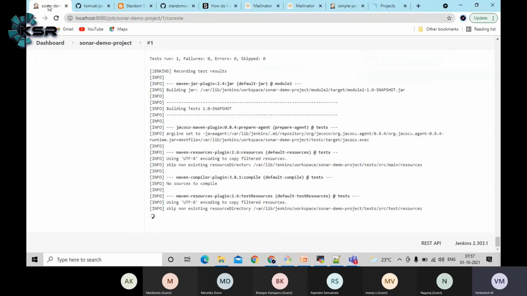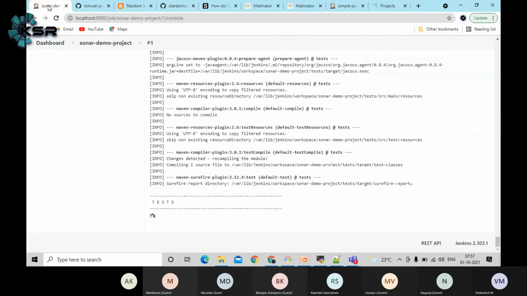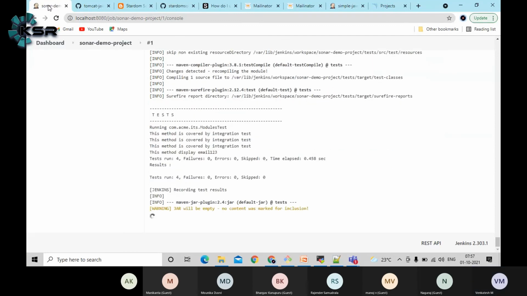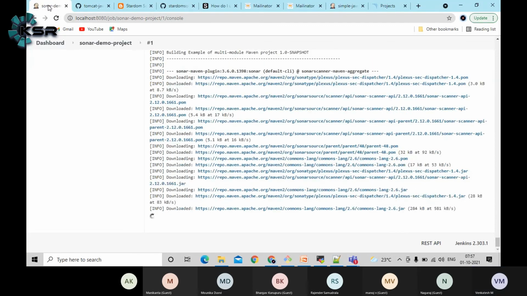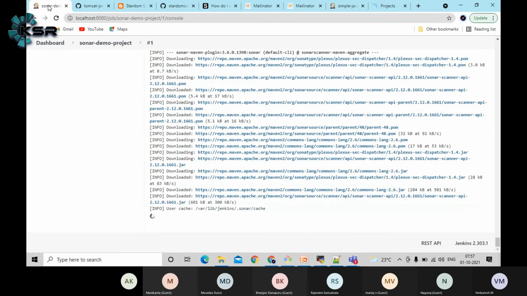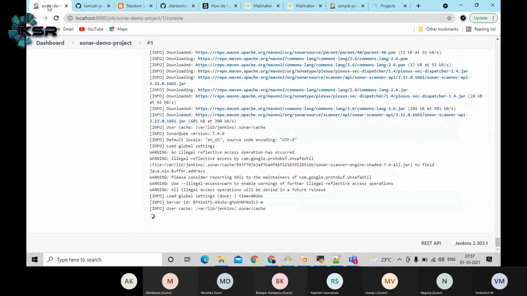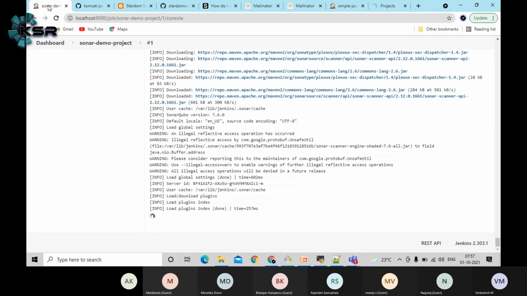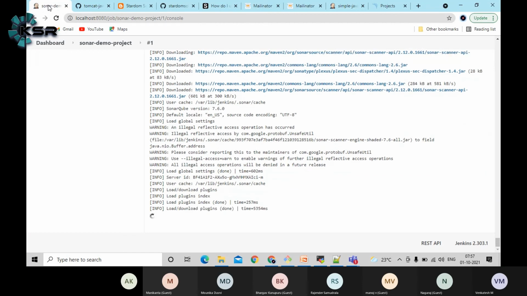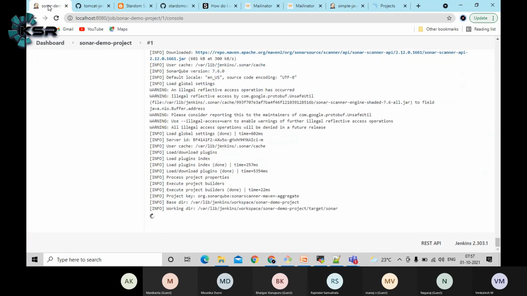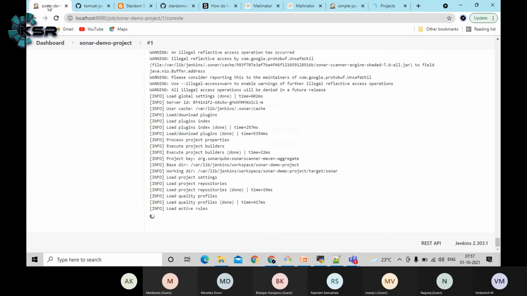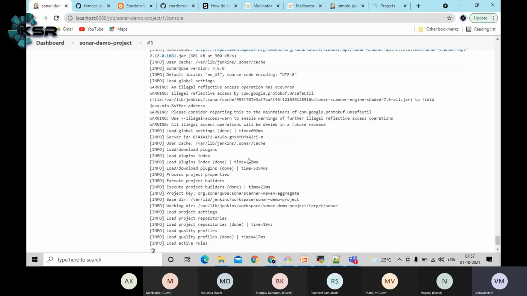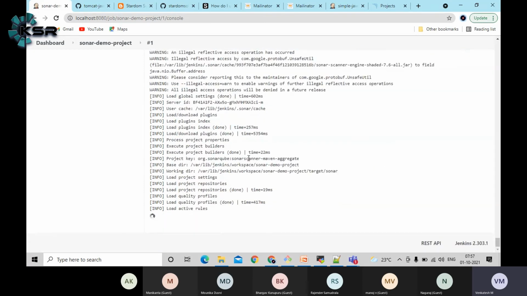Yeah, now it's running the test cases, guys. Here, as you can see, it's trying to connect to SonarQube and it's trying to build the Sonar-related metrics.